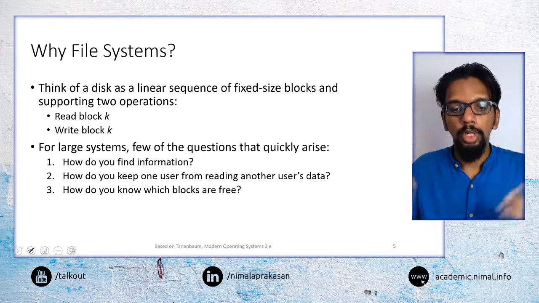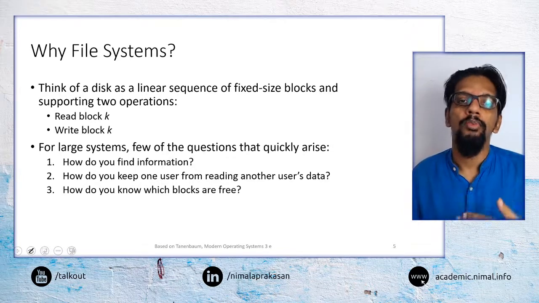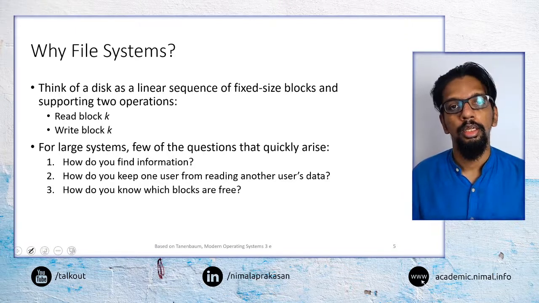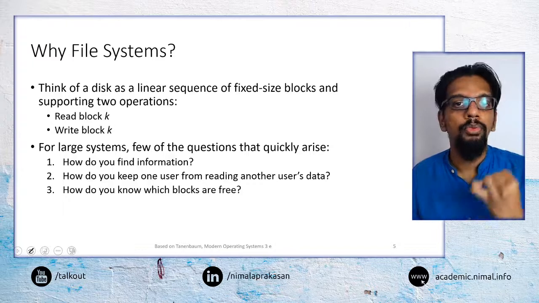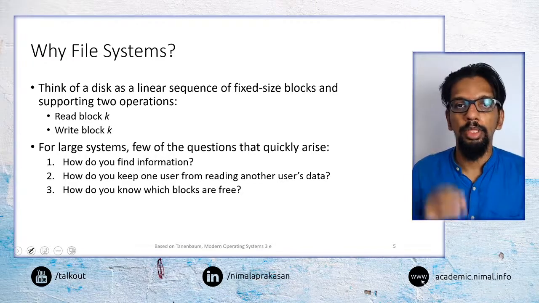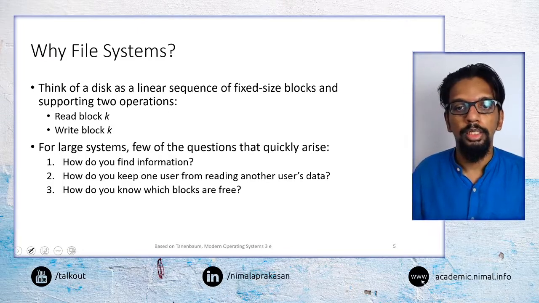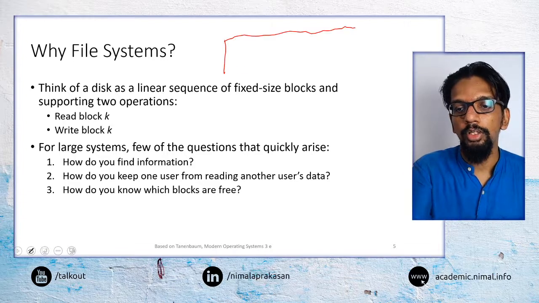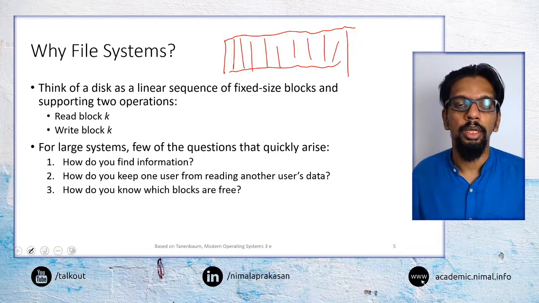But when we think about a larger storage system, we may want a number of other things addressed as well. Things like, how do we find the information? Say, writing a file on a disk is something. You go and write the information as bits and so on. You have the storage medium, and then you go and store the information there.